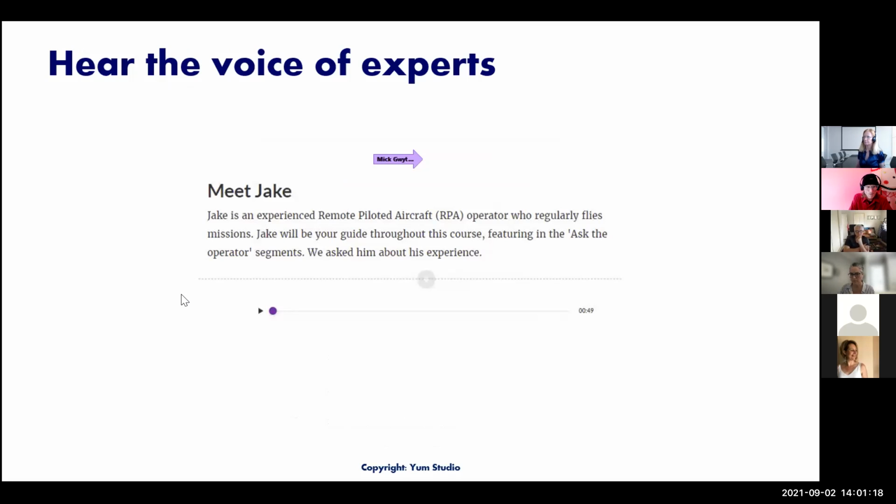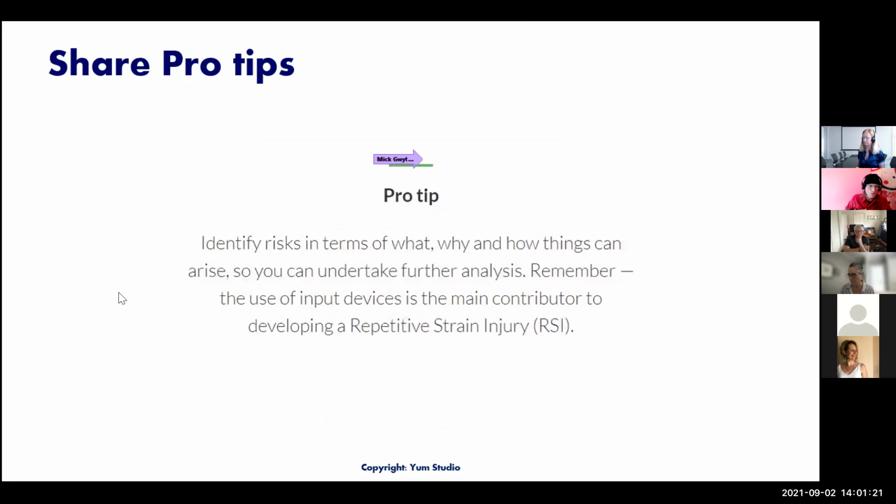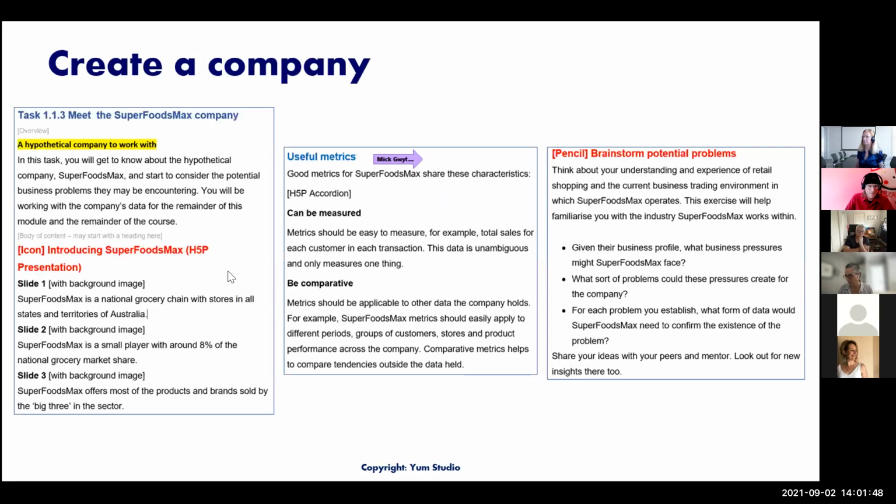Another one is pro tips, which is a way of saying, okay, let's make this stand out as a bit of advice for you. This is a bit of advice to you about what's important at this point in the course. So it's almost like the voice of the trainer picking you up. You might use another device there, which is no worries. And I mentioned earlier, you might create a company. And that's the next step, really.